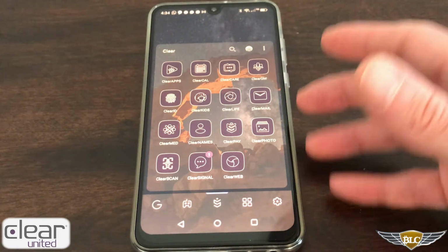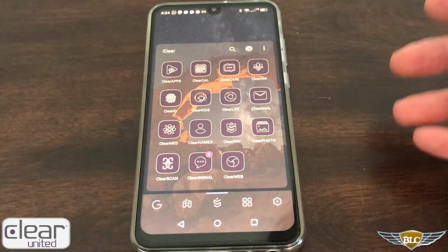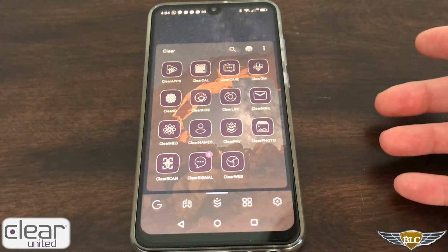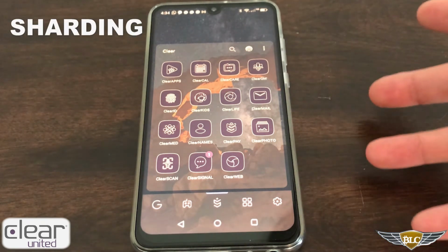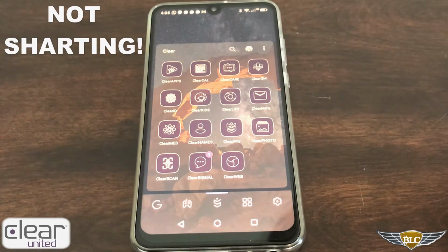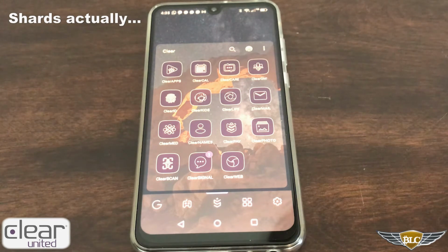Because all the data that's generated by this phone is stored on a decentralized network using a blockchain encryption method called sharding, that uses a special blockchain encryption method. And the easy way for me to explain it is, envision that your data is like a pane of glass, and it gets shattered into a million pieces and then distributed into a million different directions.